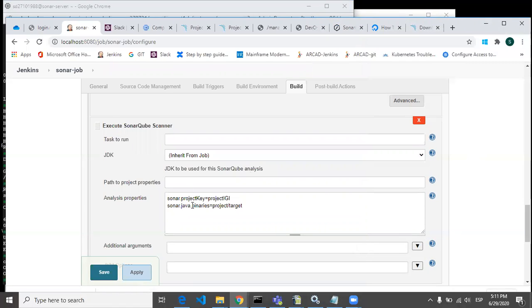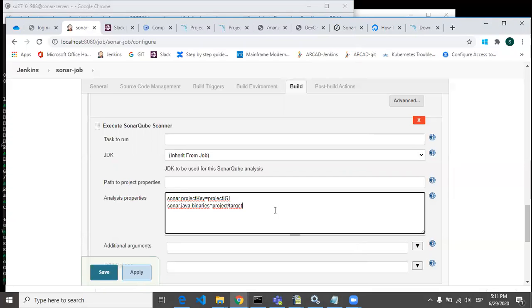Then I have given sonar.projectKey and sonar.java.binaries. These things you need to give. The project key is mandatory, so you can give any name for your project. You also have to tell SonarQube where your binaries are, so that it will go to that binaries path and analyze your code.